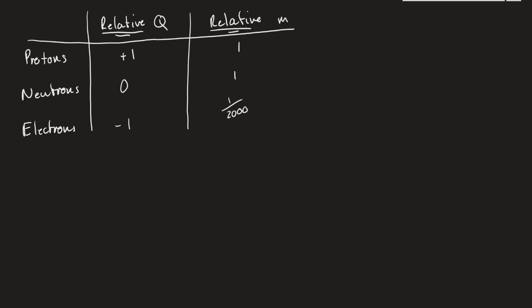Now, this is GCSE. We're going to abandon this for now. We're going to say all of this is true as long as we're looking at relative masses and relative charges, but we're no longer interested in looking at how they compare to each other. We now want to know what's the actual charge of a proton, what's the actual mass of a proton. And so this is where we're going to bring in some data. This can be found on your formula sheet,